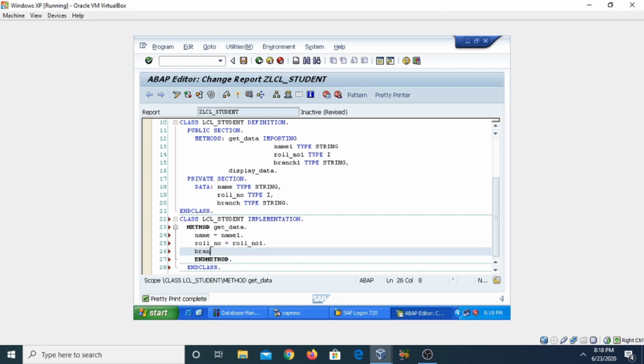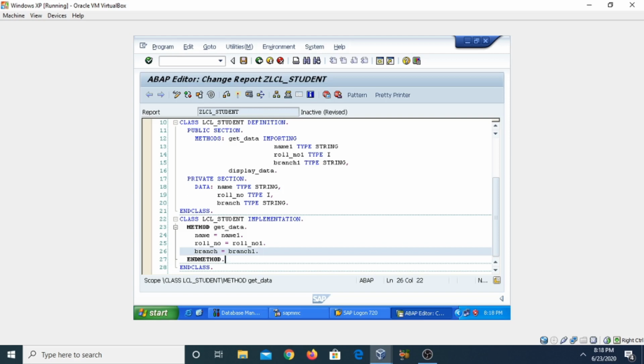Similarly, branch equal to branch1. So you can see that we are getting the values of the name, roll number and branch of the student from the main function and transferring them from this one to the attributes of the class.